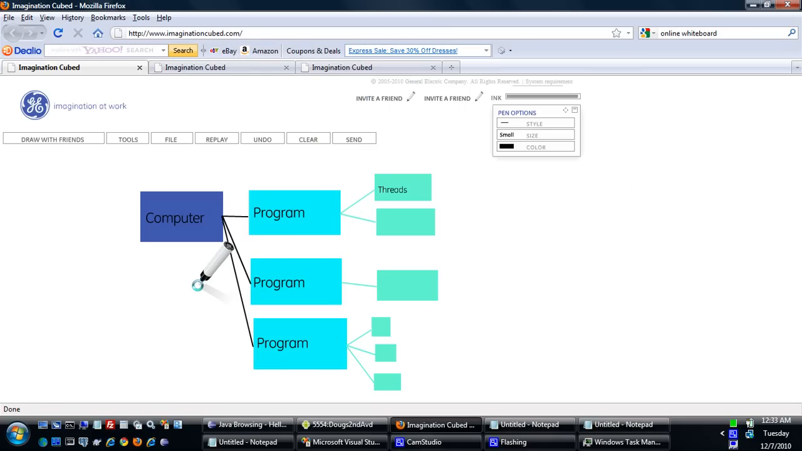So anyway, at any one time, I drew this picture to describe what's going on in a computer. You can think about a computer, and it's running various programs, and each one of those programs is